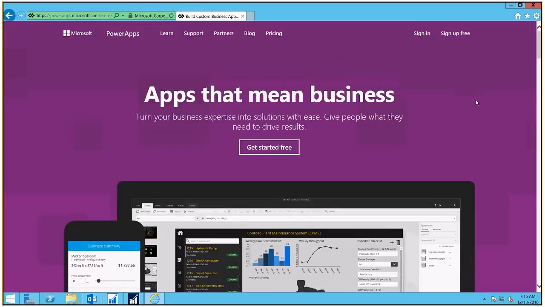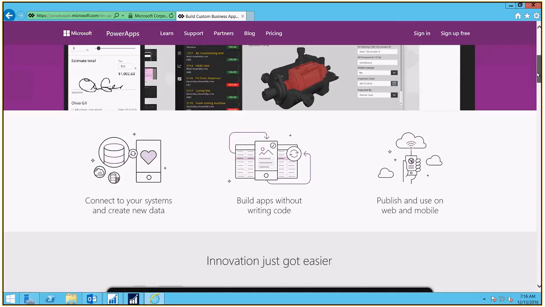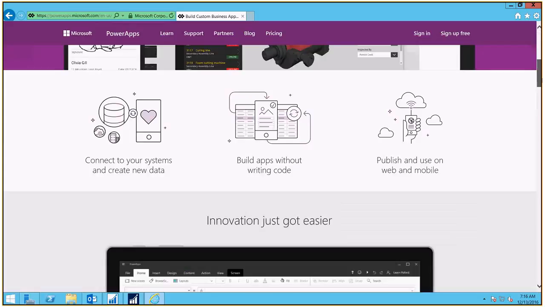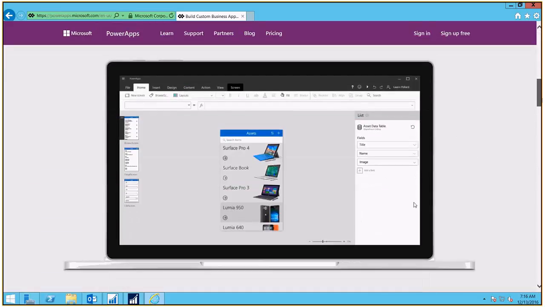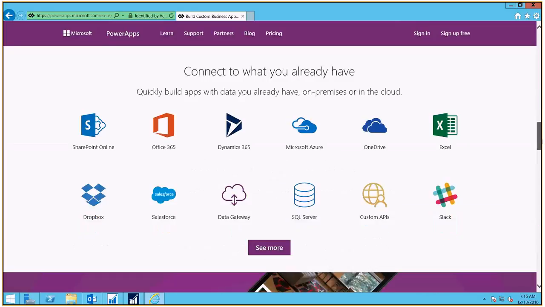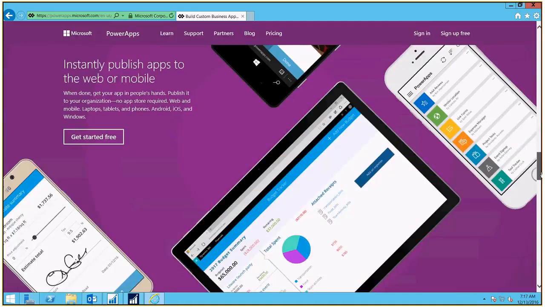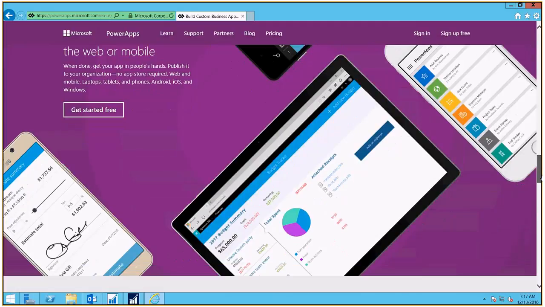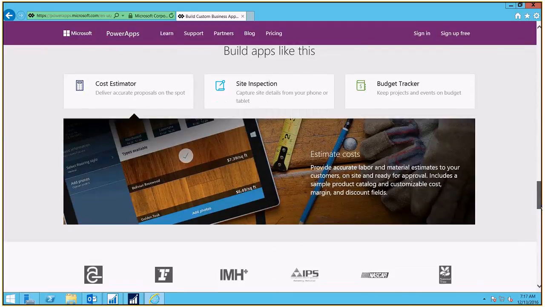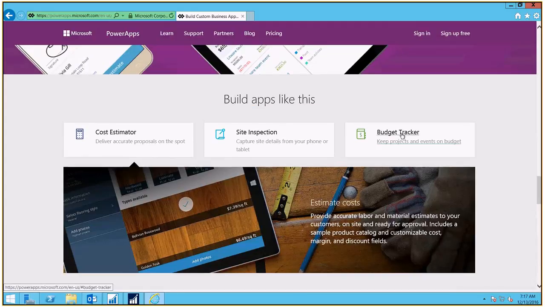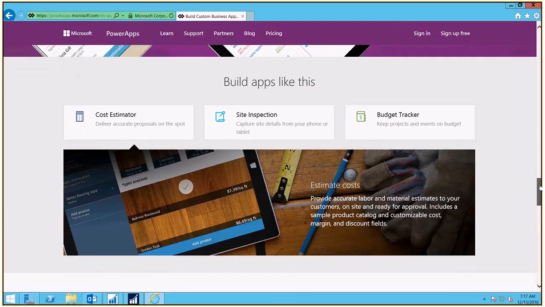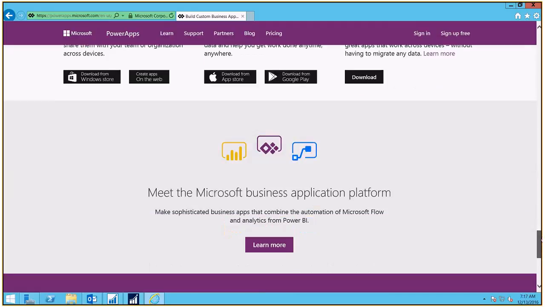Alright, so again, similar to Flow, the landing page has a lot of introduction about Power Apps, what it can do, and you can connect to a lot of services just like Flow and Power BI, for example. So just like them, you can connect to a lot of data services, and you can instantly publish these apps, and there are example apps that you can refer to, and things like that. So there's a lot to explore here,